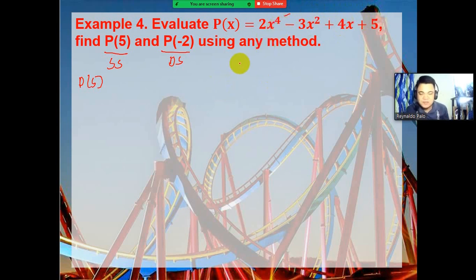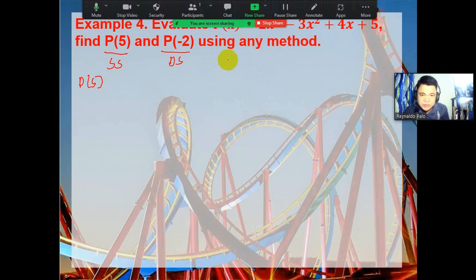Second, check if the terms are complete. As you can see, we have 4, 2, 1, 0. We don't have the 3. So therefore, we have to write it. We have to make it complete. P of x is equal to